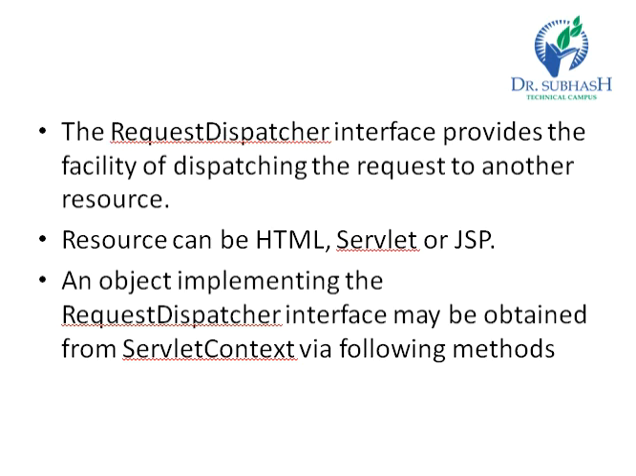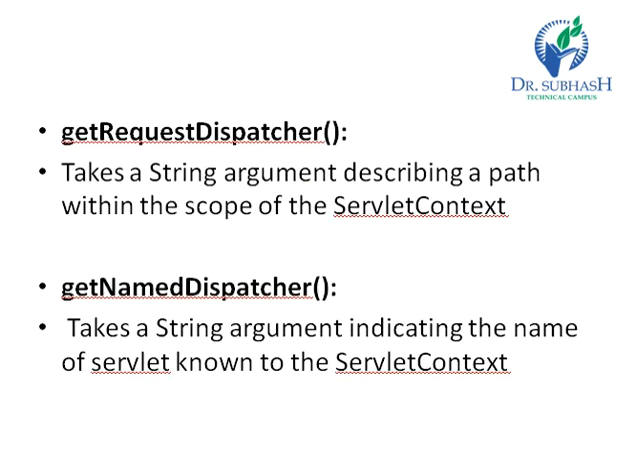So to obtain that particular object, RequestDispatcher has two methods which are included in ServletContext. Those two methods are getRequestDispatcher and getNamedDispatcher. getRequestDispatcher takes a string argument describing a path within the scope of the ServletContext. This path must be relative to the root of the ServletContext, and it is used to look up a